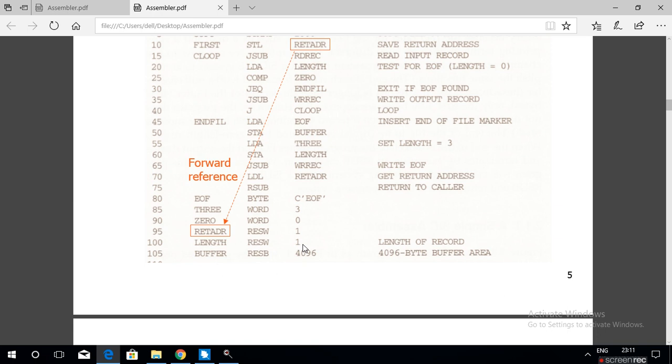One word is 3 consecutive bytes of memory. So this instruction will reserve only one word of data area. The symbolic name is LENGTH here.